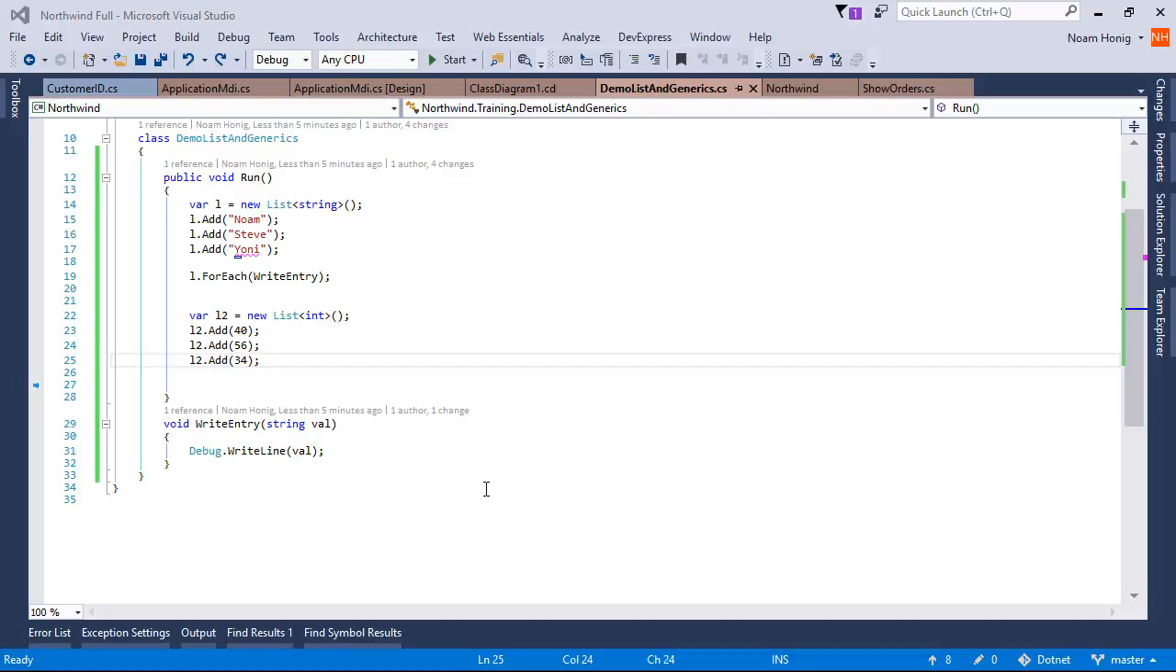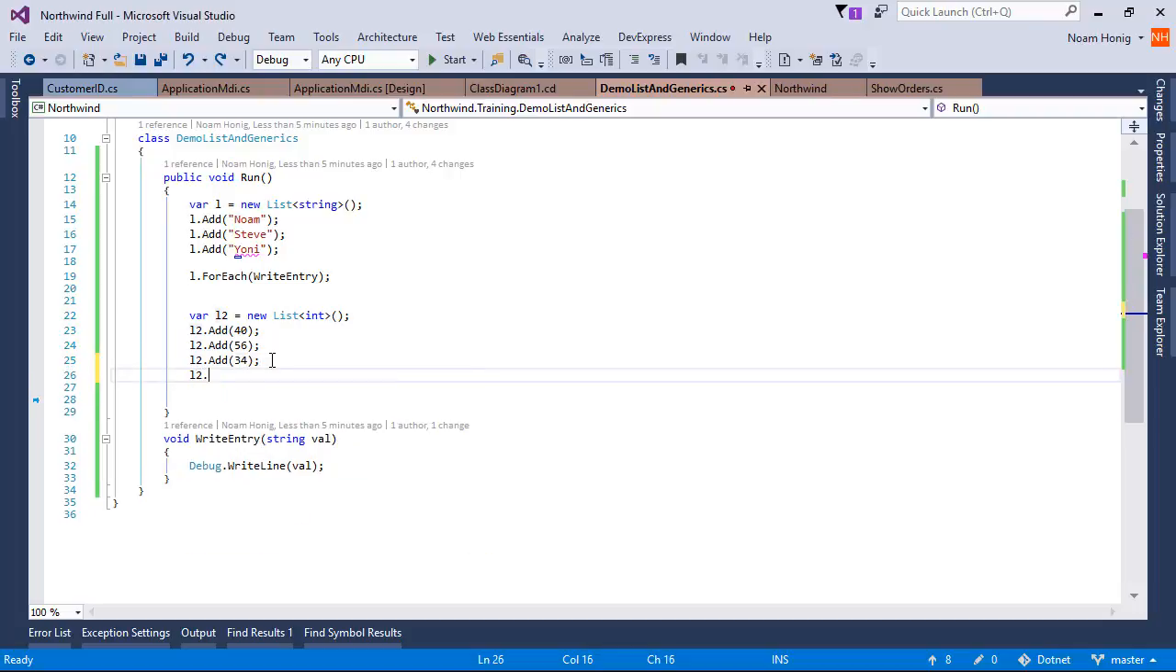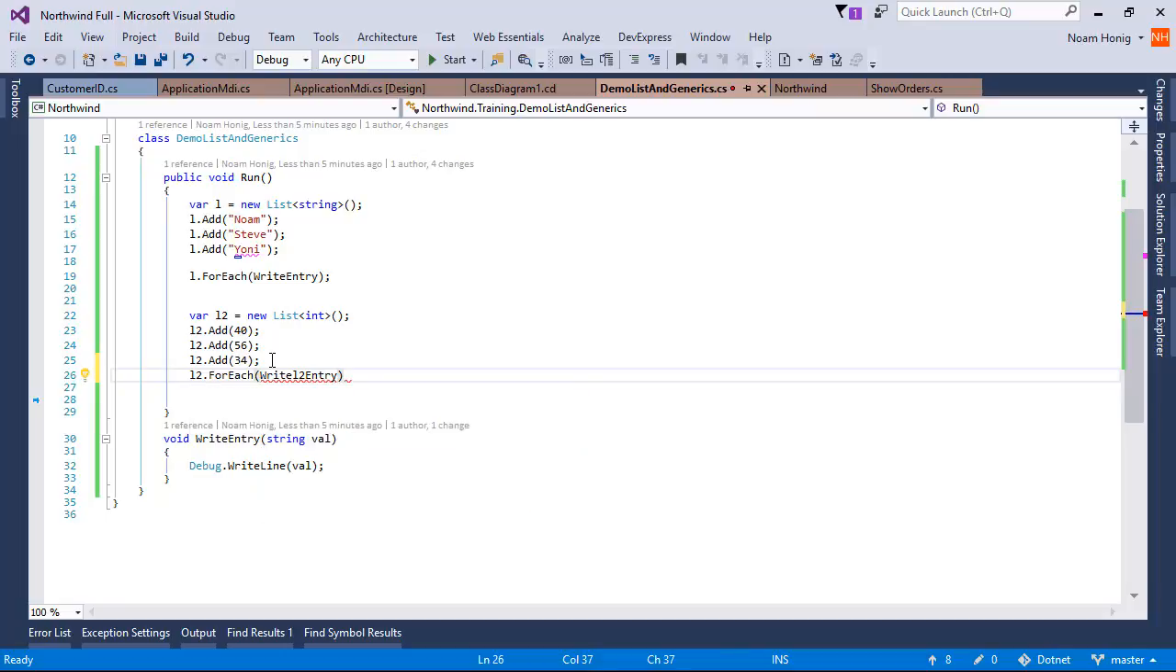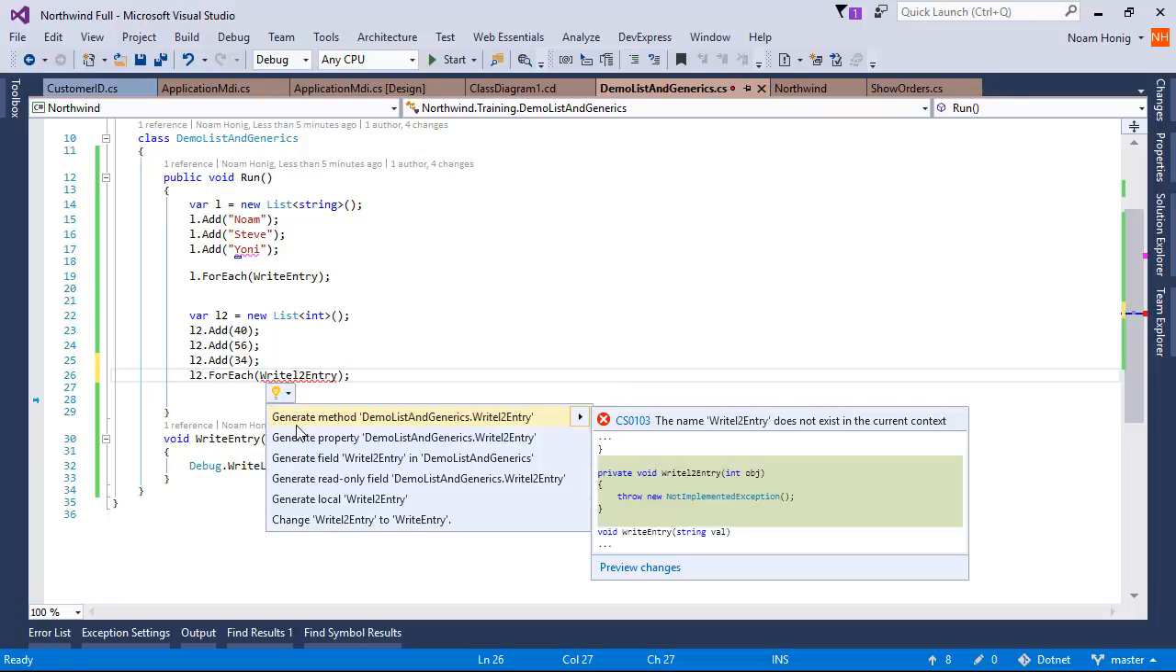Great. So now let's do the same for list 2. So we're going to say L2 dot for each, because we want for every entry in the second list to write L2 entry. So I've written this method name, but I obviously don't have a method like that ready. But when I hover over it, I will get this nice little light bulb, and Visual Studio will actually